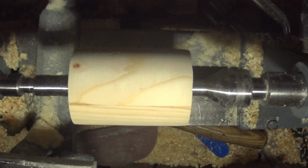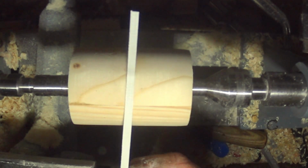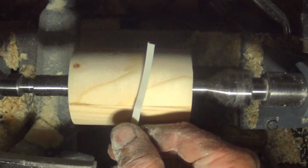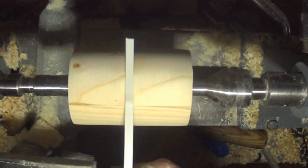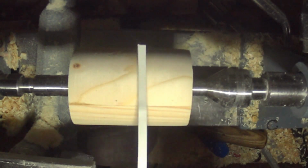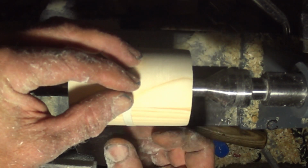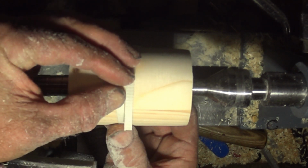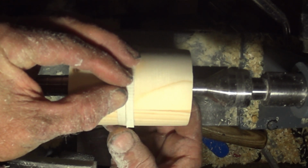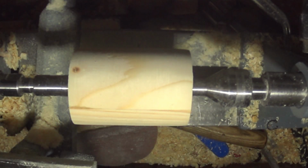Right, this is how you make it. You cut a strip. This is what they make those signs that you see on banners. It's like a plasticized material. If you can get hold of that, it's the best stuff. If not, cloth back plastic. So make a strip that's 2 or 3 centimetres more than the circumference of the circle, and on one side